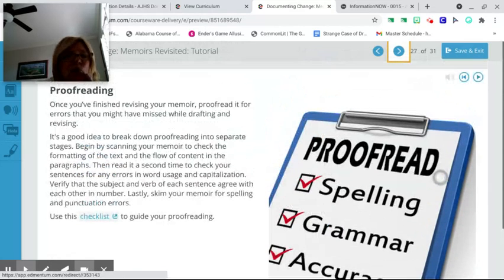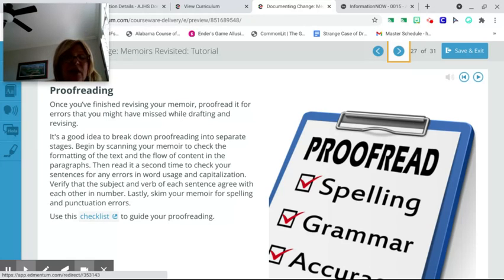All right. Once you finish revising it, then you need to proofread for errors like spelling and grammar, okay? First, and you always want to read it several times. And each time you read it, you're going to look for just one thing. You don't want to try to find every error reading it one time. Okay, the first time you want to maybe check the formatting and make sure it flows in the content of the paragraphs. Then the second time you read it, check